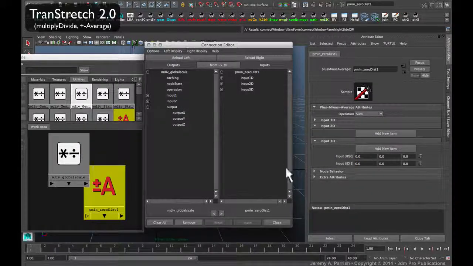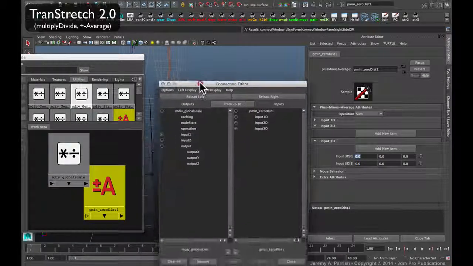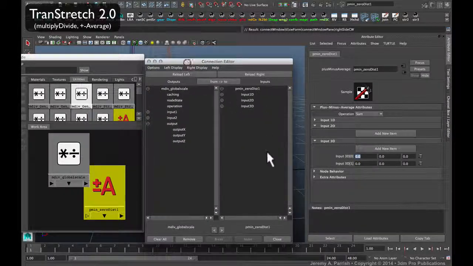So first of all, we're going to need to put in our default value, our default distance, and we're going to need to put in a distance to negate it. So we're going to get the distance, first of all, we're going to get that from our distance node. So we'll put that in a second. So right now I'm just going to put in our connection to our negated